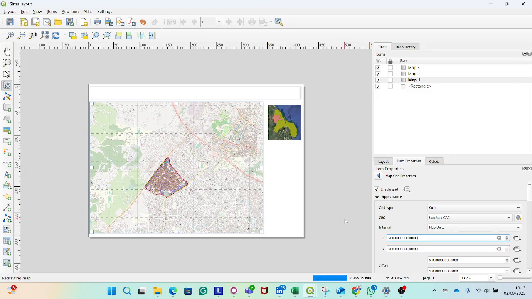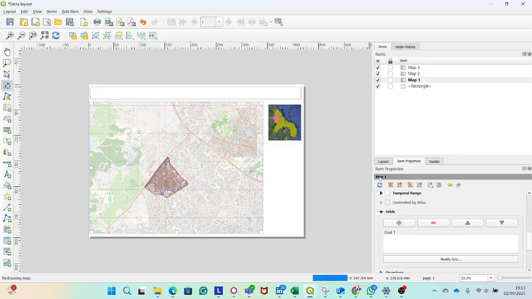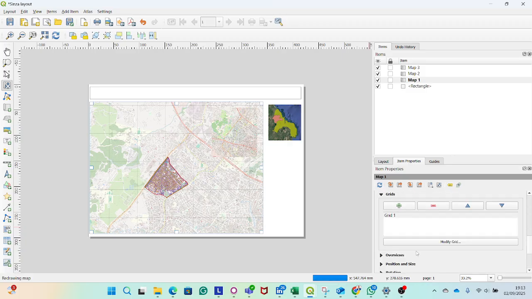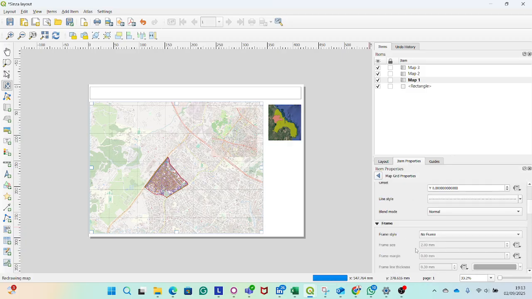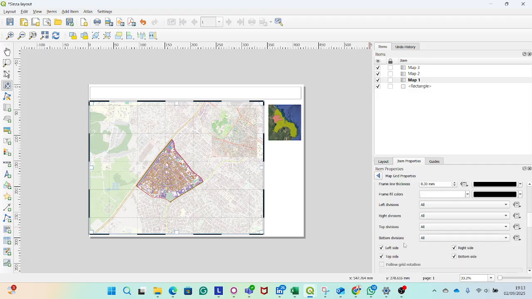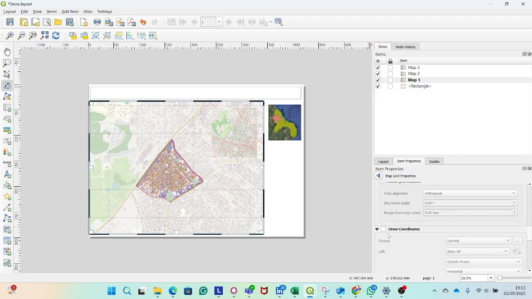Yeah, this looks fine with me. Then go back, and then I have to put like this, and then draw coordinate,